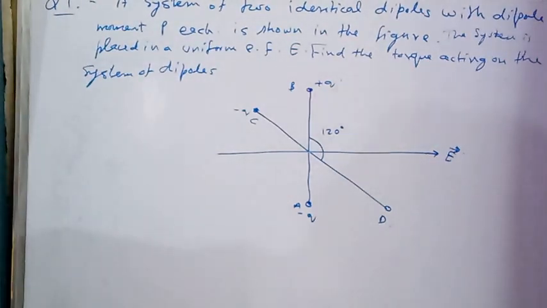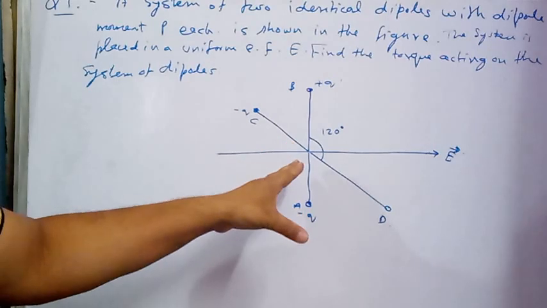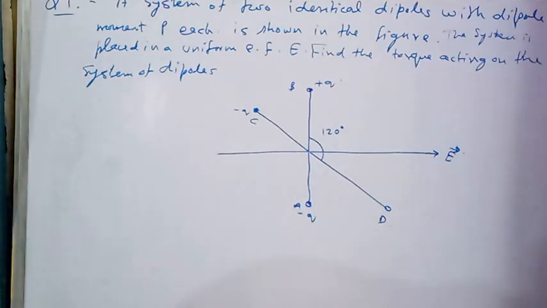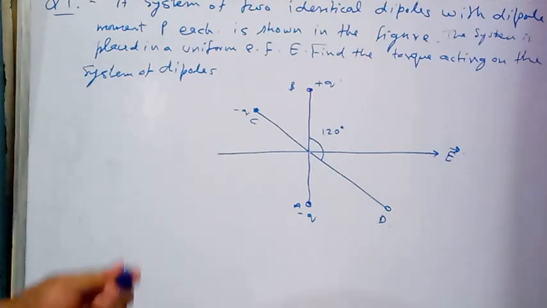So in this question, first of all, you have to find what can be the net dipole moment of the system of two dipoles. With the use of vector sum, you can find the net dipole moment. So what is going to be the net